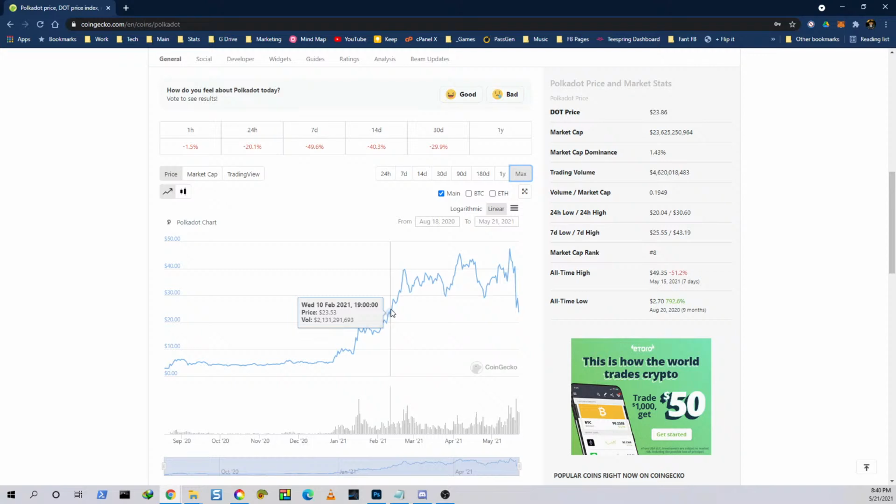So if you wanted Polkadot back in February and you're like, damn, that's too expensive, I ain't swinging for that one, homie. Well, I would go ahead and grab that now because you're getting a discount. You're getting all type of discount. So I would go ahead and get it if that's what you want to do. But again, remember, this can break to the low side. This can break down again.